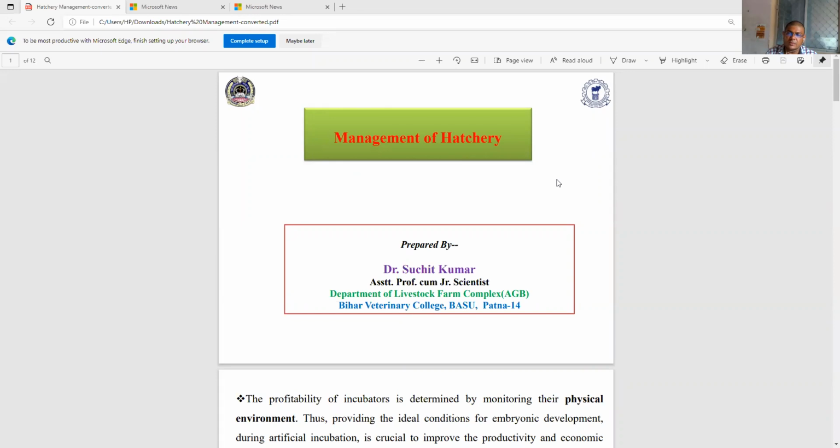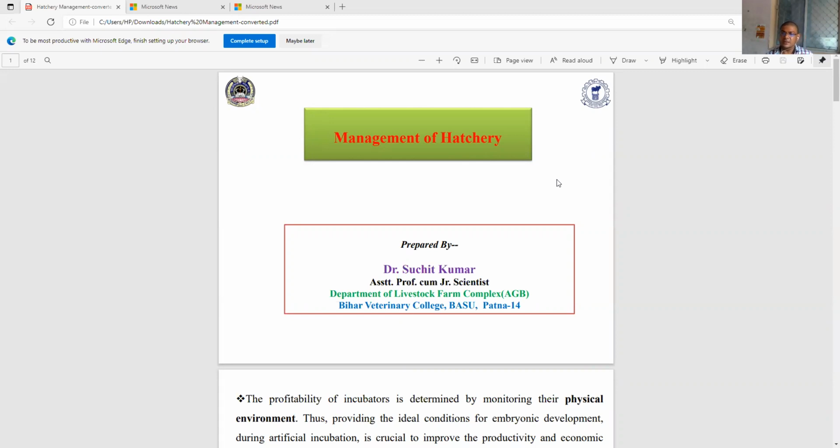Today the topic is management of hatchery. What is a hatchery? A hatchery is the controlled way of hatching eggs. In a poultry hatchery,